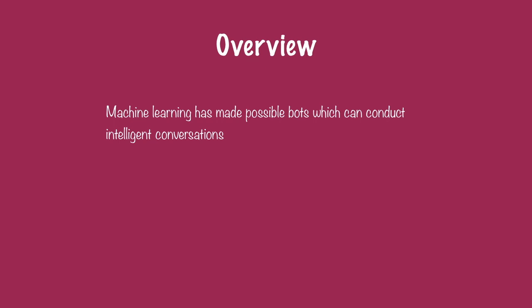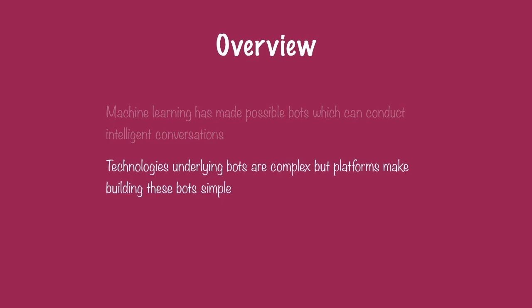human being. Advances made in machine learning allow speech recognition, making it possible to understand words in different languages and in different accents. Machine learning also enables natural language processing, enabling a machine to understand what exactly a human being said. But really, this isn't enough. If you had to write your own machine learning algorithm in order to build your chatbot, then really chatbots would not be as accessible as they are today. The development of these platforms, which abstract away the complex technologies underlying bots, are what make building these bots simple.